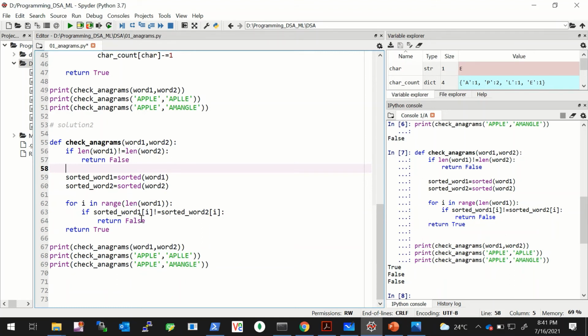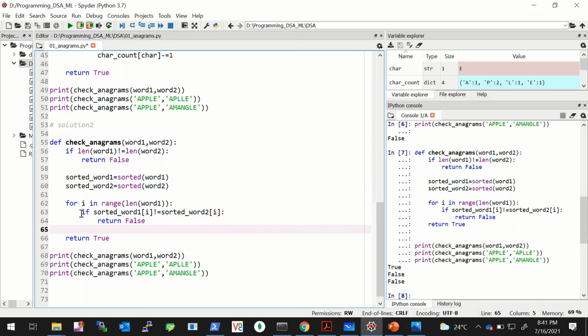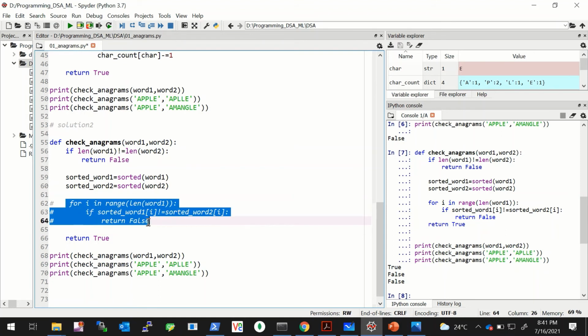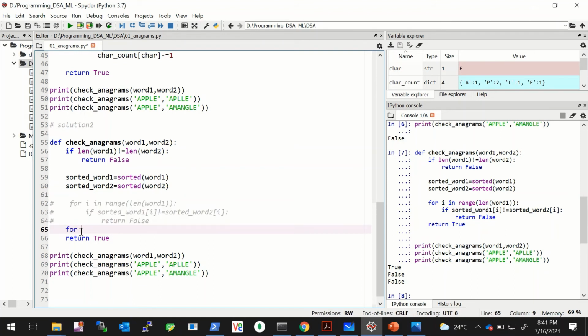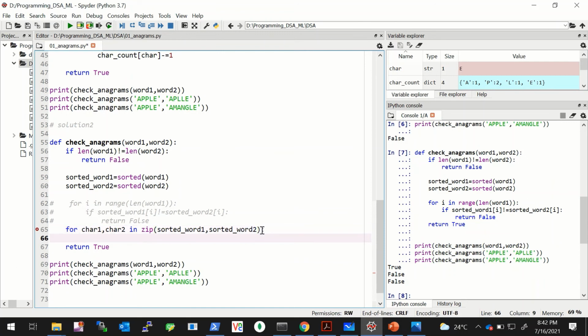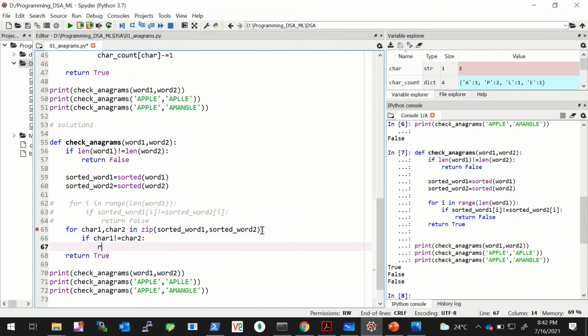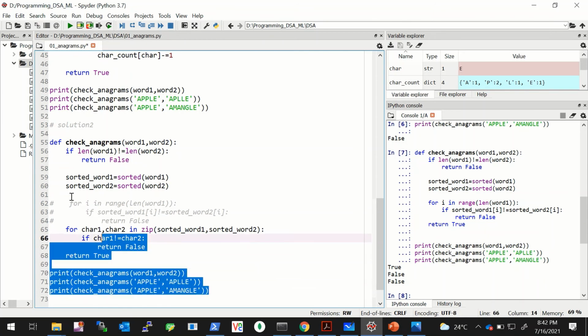Here you can write a zip function as well. This is an interesting way you might be knowing. Just for the sake of showing, suppose we comment this out, and we can have for character 1, character 2 in zip of sorted word 1, sorted word 2, and we can check if character 1 not equal to character 2, then simply return false. Okay, this is also possible, and if we run this,